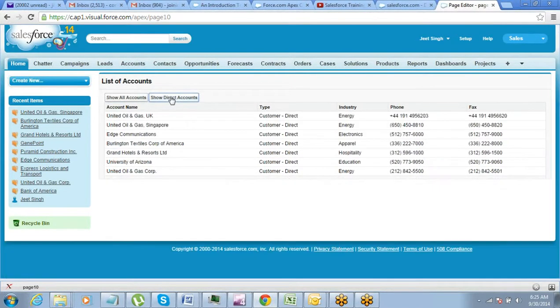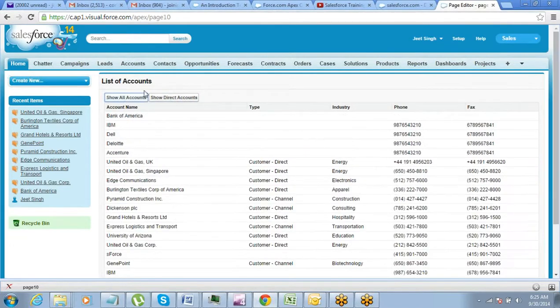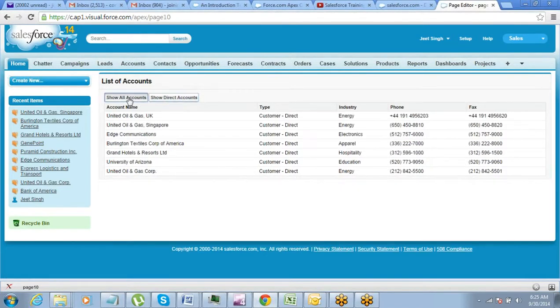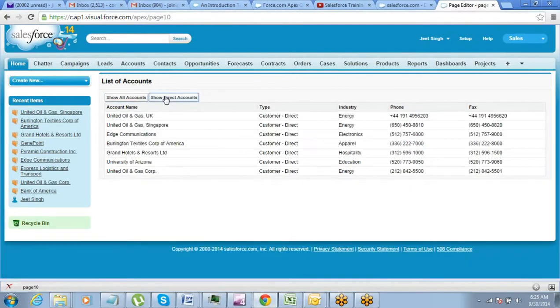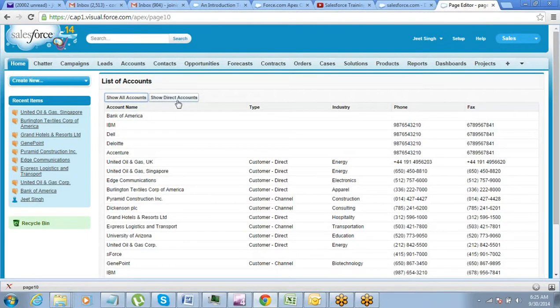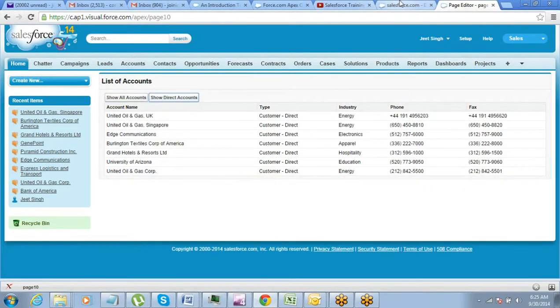So this is what we can do using these buttons, right? There are other actions also which can be performed using the buttons and all. Alright, got this thing clear? Okay.